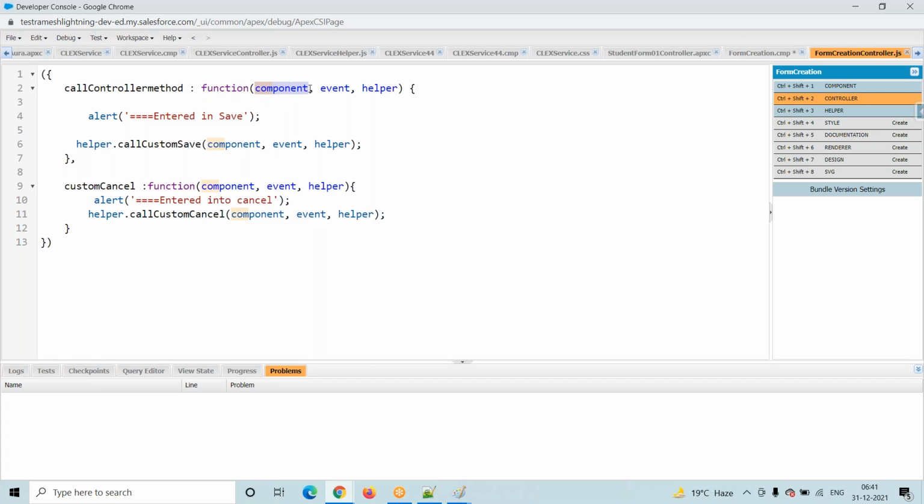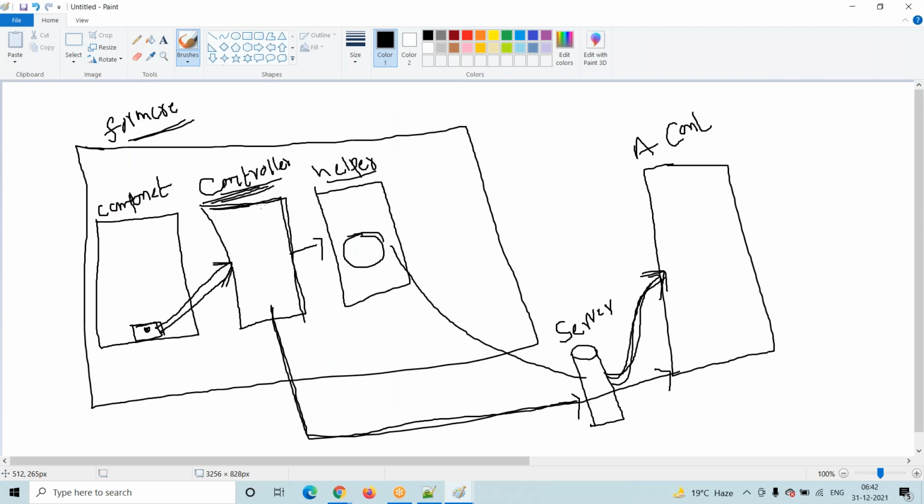And now coming into your component event helper, right? Is it mandatory, or do we have to rename it, or add some other extra parameter? Yes, we can add it or we can remove it. So what is the purpose of this component? See here, we are in the second item. Now in the first item, one attribute is there. In that attribute, first name, last name, mother name, some attributes are there. I want to check whether the attribute value is there or not, whether the first name value is there or not. So we will perform some validations here.